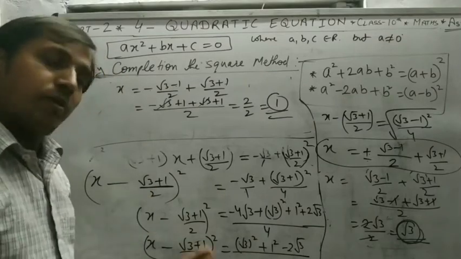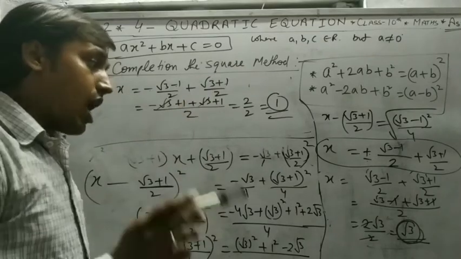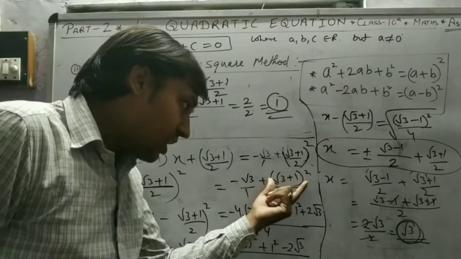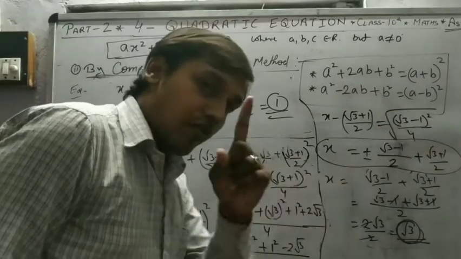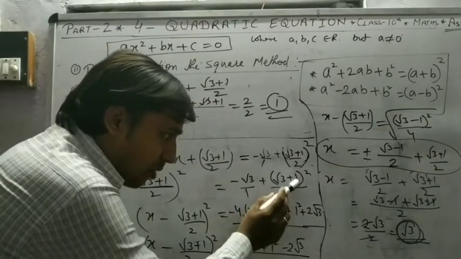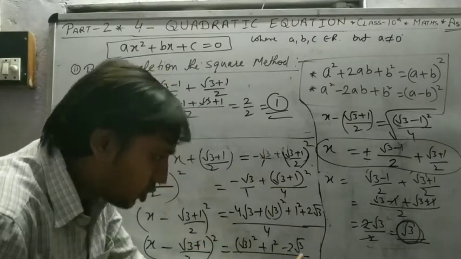First, let me explain the same method by taking another example, and also by explaining these whole squares, that is (a plus b) whole square. After solving it, make (a minus b) whole square. Why? We do not solve root 3 square plus 1 square plus 2 root 3. 2 root 3 minus 4 root 3 makes minus 2 root 3.